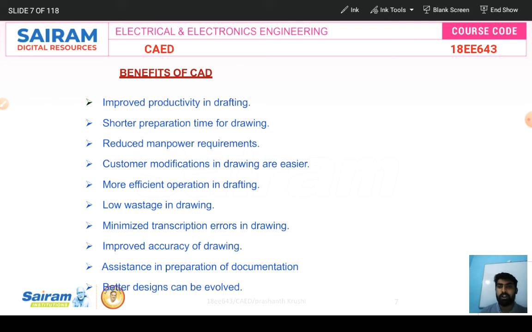Shorter preparation time for drawing, and we can learn easily and do it within less time. Reduced manpower requirement. If you want to draw a diagram without AutoCAD, it will require around 10 days. By using AutoCAD, you can do it in 1 hour itself. Any diagram, for example the wiring system of a 3-4 floor building, you can do within 1 hour.